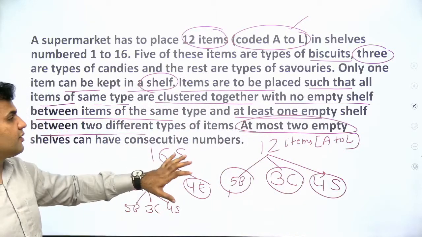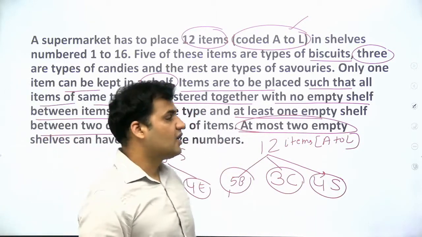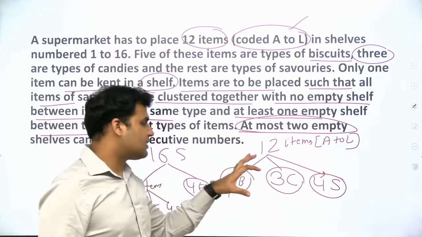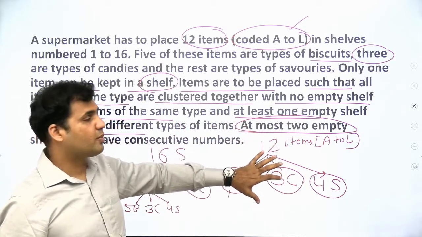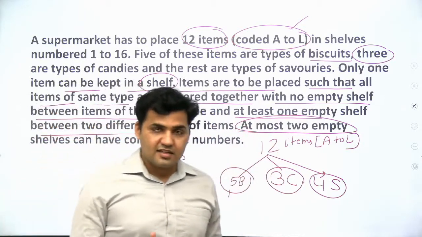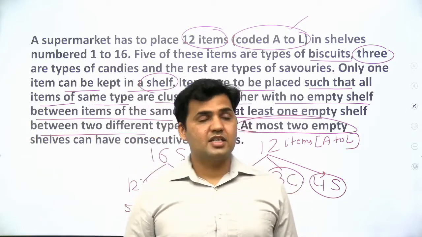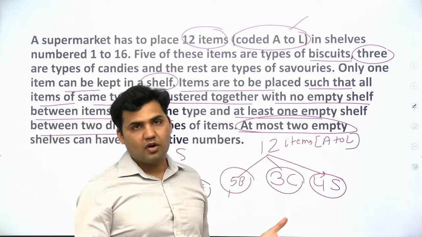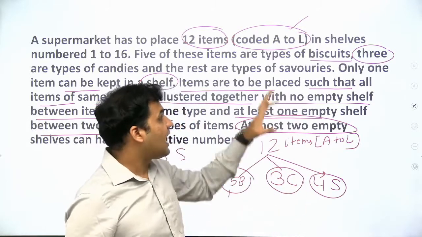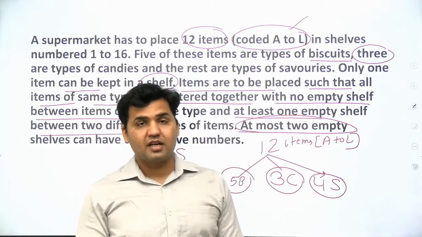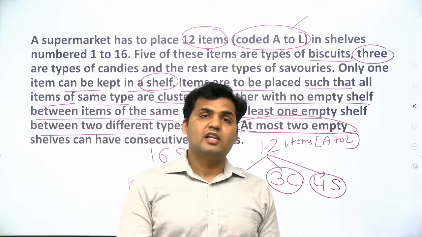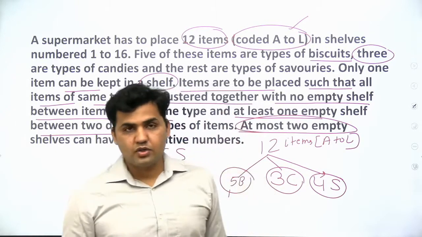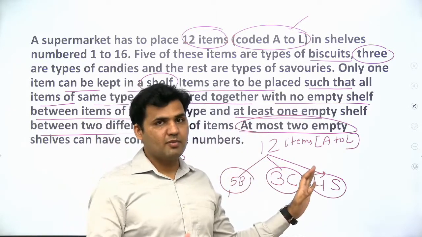So this is the information that you have to take care of while you are doing the arrangement of all of these 12 items. This is something that you need to keep in your mind all the time. So it's better that when you're starting an LR set, you start noting down this information. If you do not note it down, you might skip one or two pieces of information, and then you will not be able to make the complete arrangement. Every piece of information which is given here plays a very important role while you are arranging the things. Missing out on even one piece of information means you will not be able to make the complete arrangement.